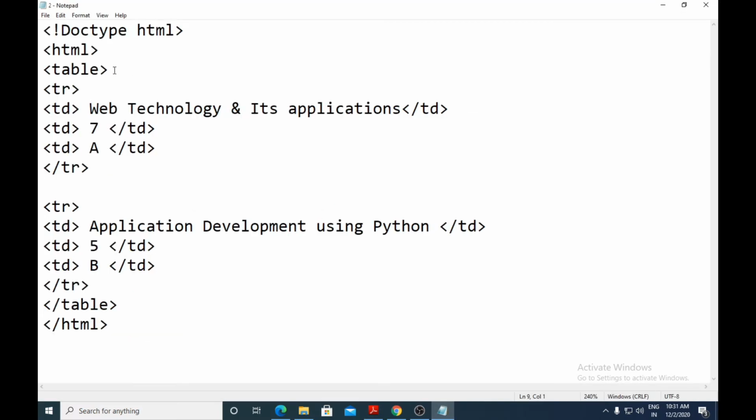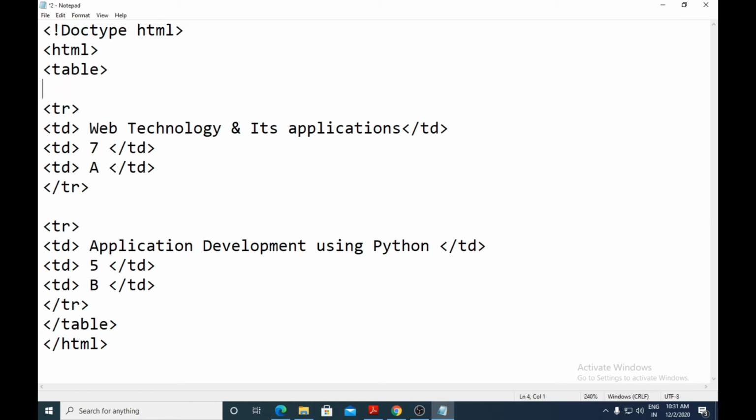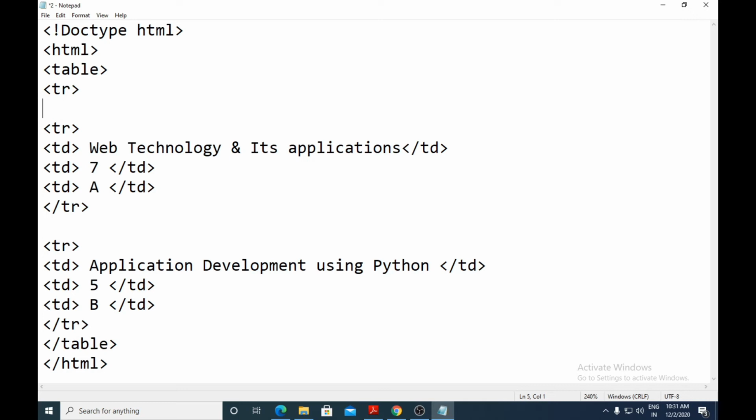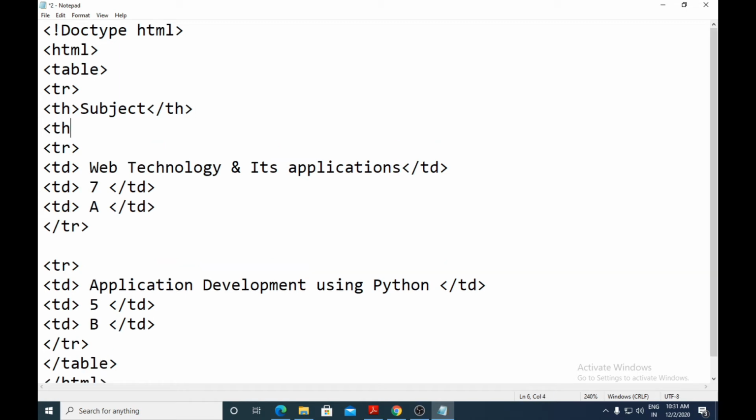Okay, so what I'll do here is I'll create one more row, tr. Then here I will use th. Okay, so the first one is subject th. Okay, second heading I'll give it as semester.